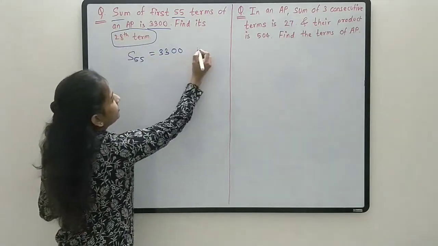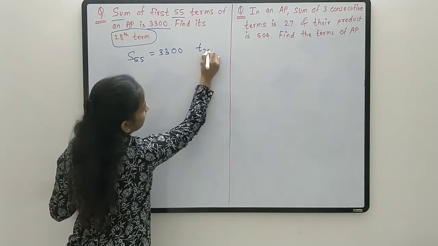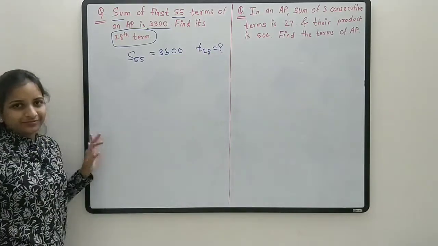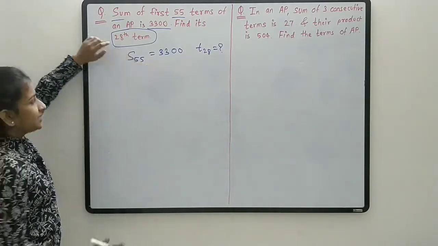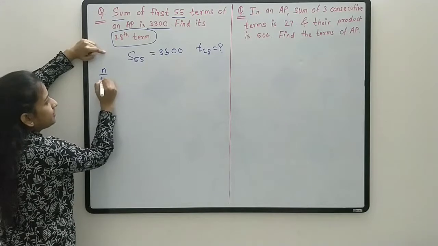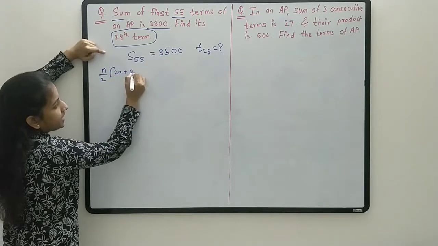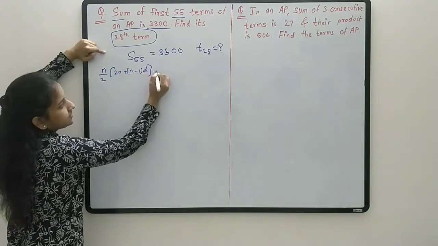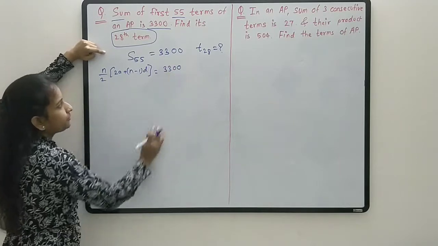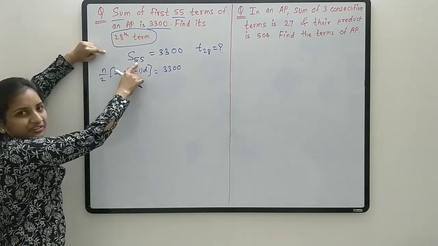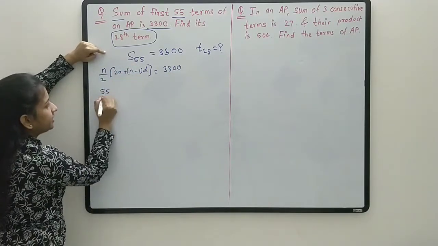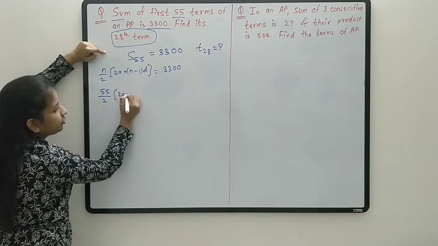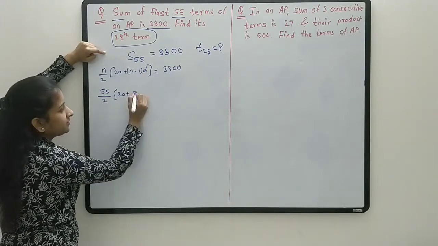Then we have to find 28th term. So T28 that we have to find. See, use the formula. See, sum formula is n by 2, 2a plus n minus 1 d is equals to 3300. Here n is 55, right? So 55 divided by 2 is equals to 2a plus 55 minus 1, 54 d,